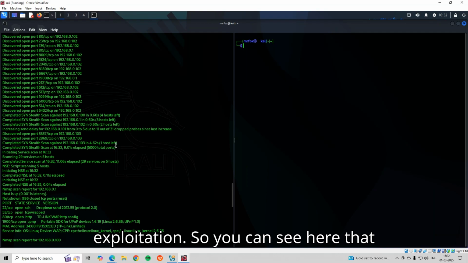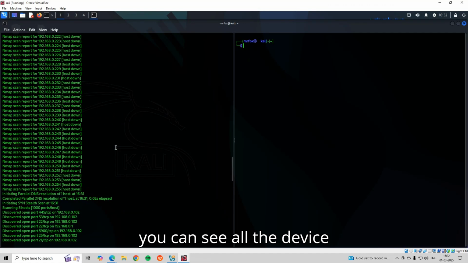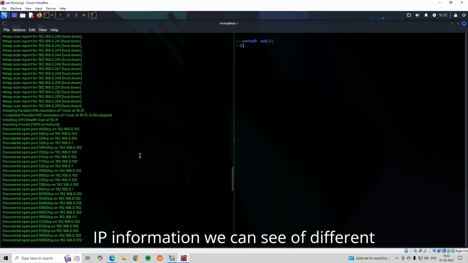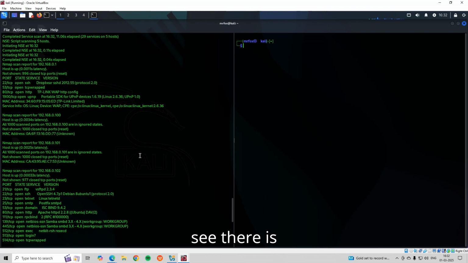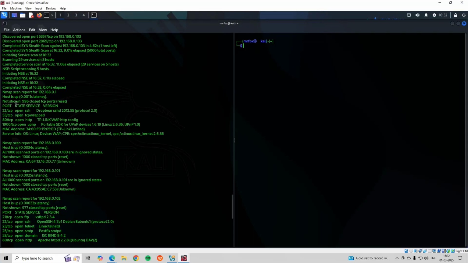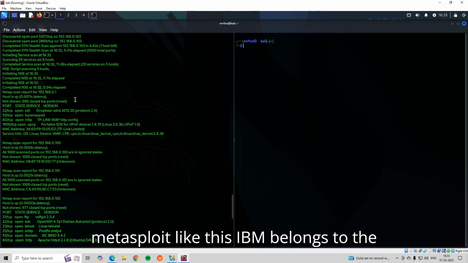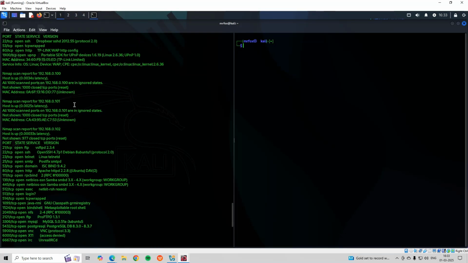So you can see here, if you scroll down a bit, you can see all the device related information, the IP information of different devices. If you scroll down a bit more, you can see there is an nmap scan report for IP 192.168.0.1. If you ask me how to identify that this IP belongs to the Metasploitable system, you can go down here and you can see there is something called